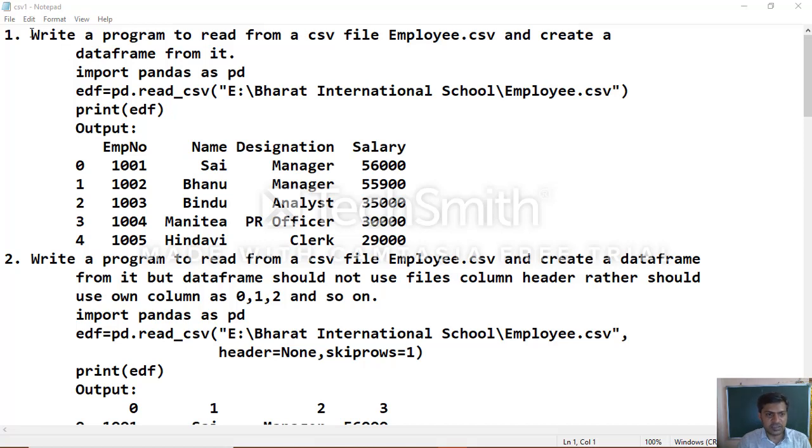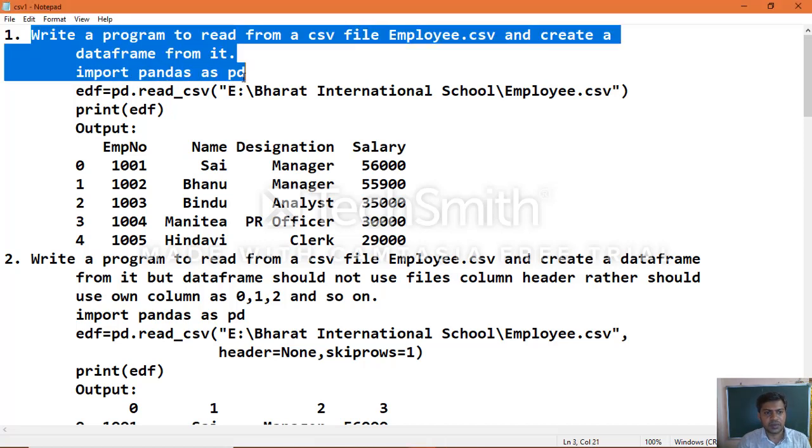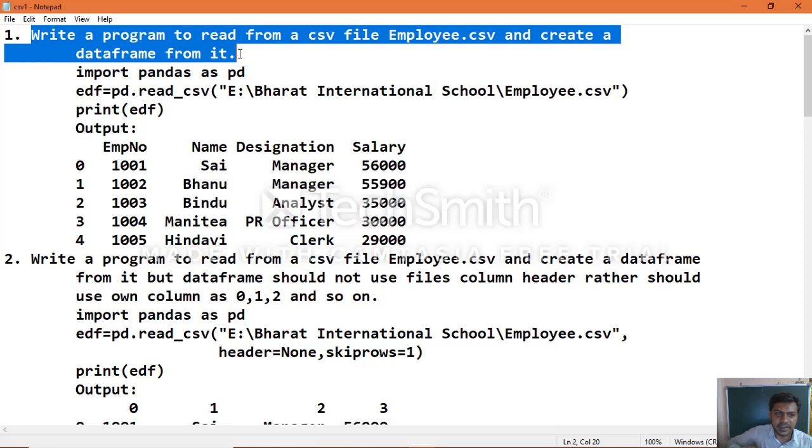So you first want to create a CSV file named employee.csv, which means we want to store the employee information like employee number, name, designation and salary. That is what you want to create.